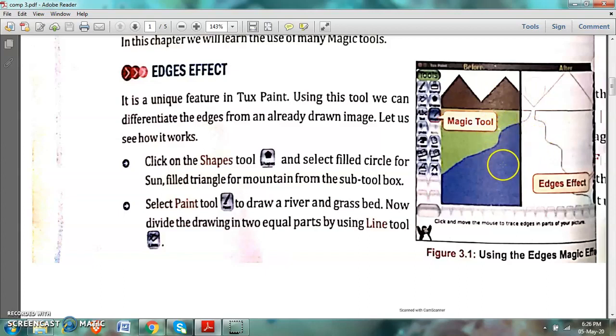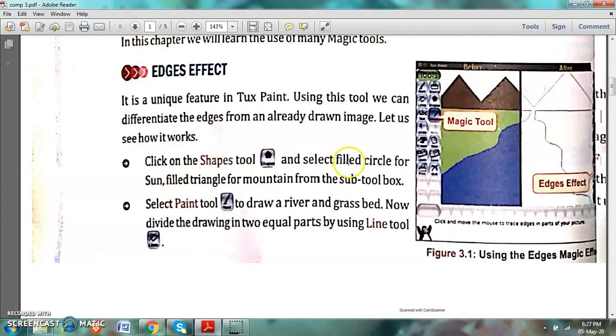See, this picture is filled with color and this picture is not filled with color. So the edges effect we will take from the effects box, and there you will find the edges effect.